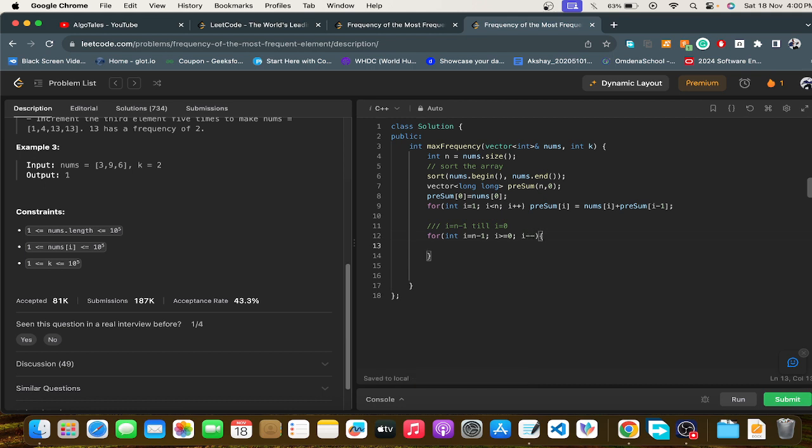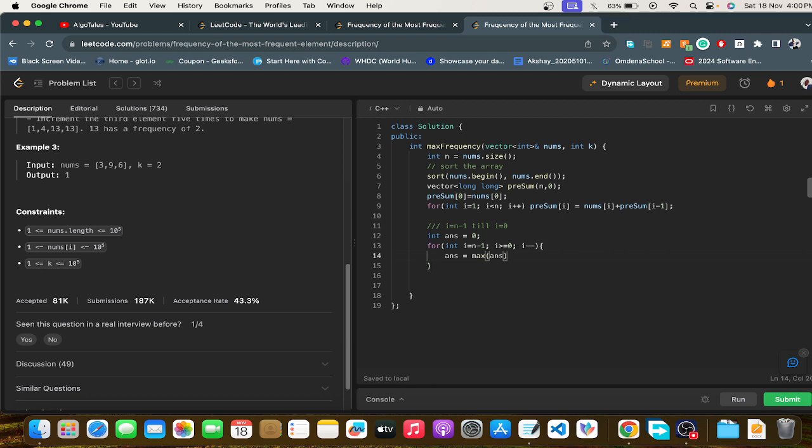So this i is nothing but the ending index of my window. I will store the answer in this variable. Initially I'll keep it 0, and I'll keep on looking for the optimal window size for each nums[i], and I will store the maximum window size in answer. So I'll get the maximum of